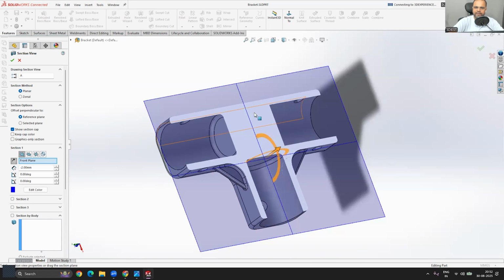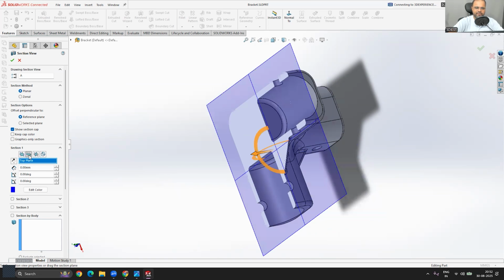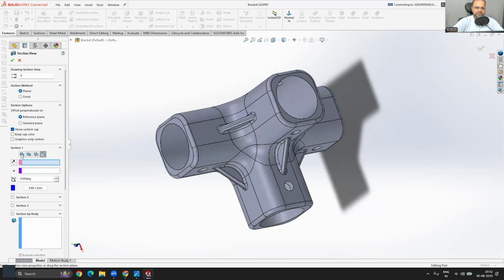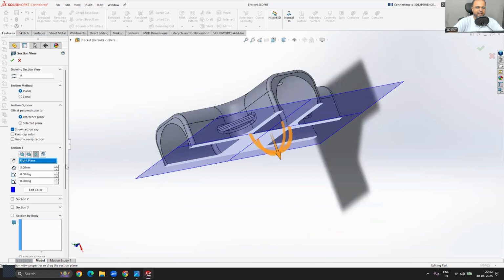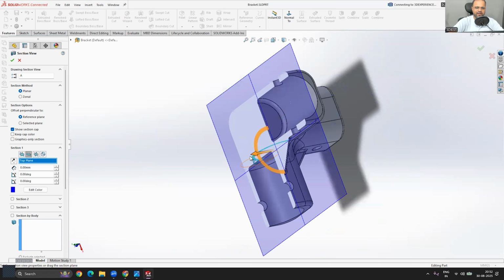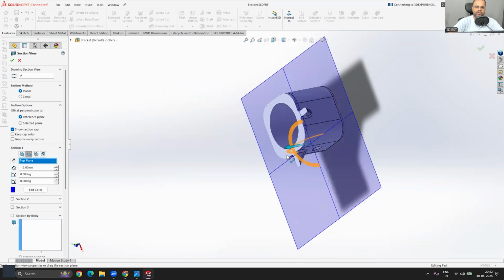The moment you activate this tool, a complete setting for this section view will be available on the left side of your screen. You can change the section view planes using these options. If I want to see the section along this direction, or along this direction, I have full control using this setting.